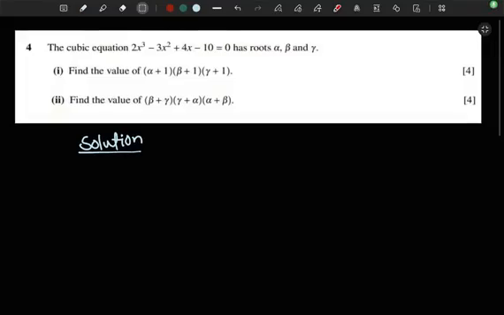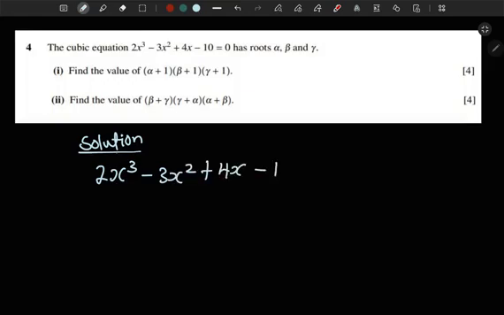Okay, so the equation here is given to be 2x cubed minus 3x squared plus 4x minus 10 equals 0. And this equation has three roots, which are alpha, beta, and gamma. So we need to find this. So first things first, let's write out the equation, which is 2x cubed minus 3x squared plus 4x minus 10